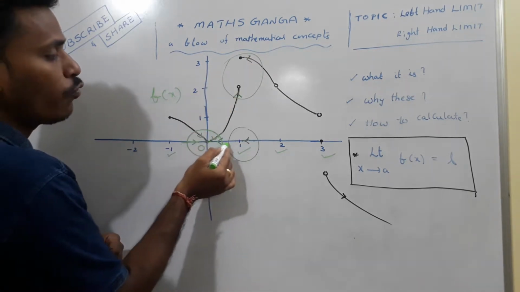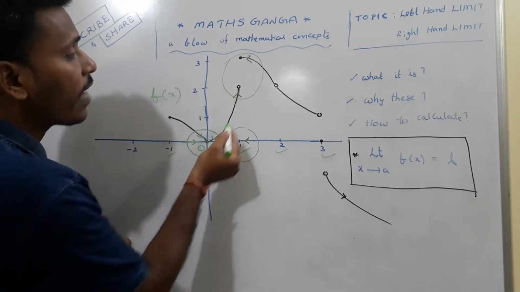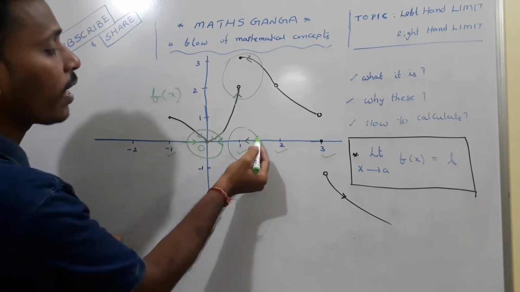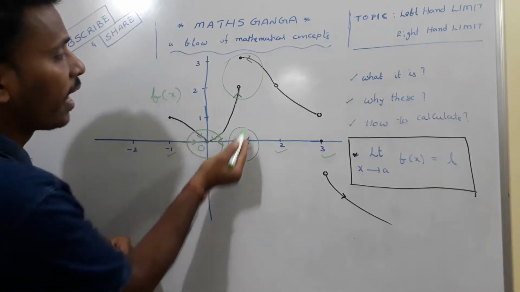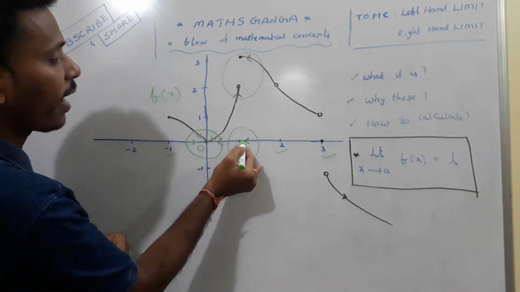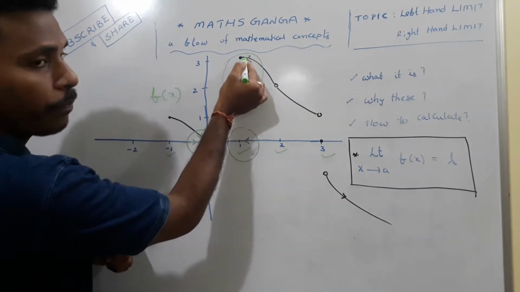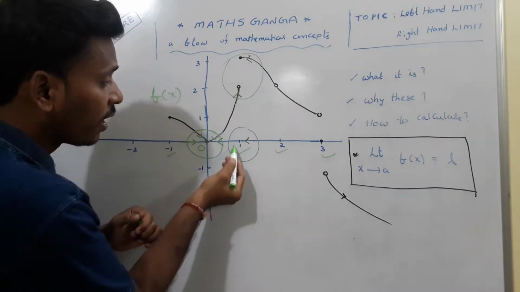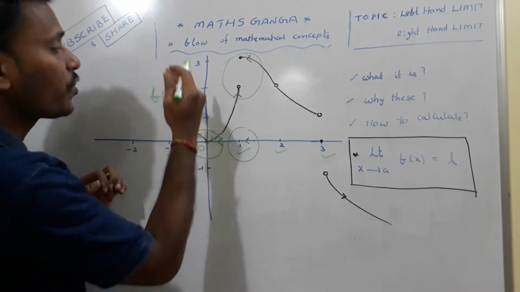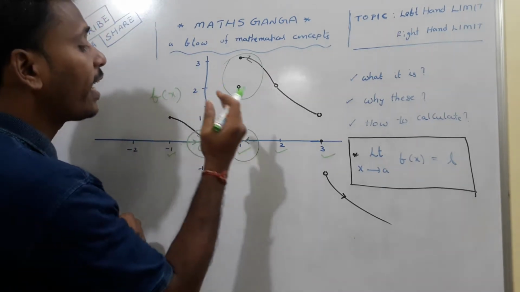So, if x is moving towards 1 from the left side, the graph is approaching 2. And if x is moving towards 1 from the right side, the graph is approaching 3. Right side values are approaching 3. In that sense, here the left hand limit at 1 is 2, whereas the right hand limit at 1